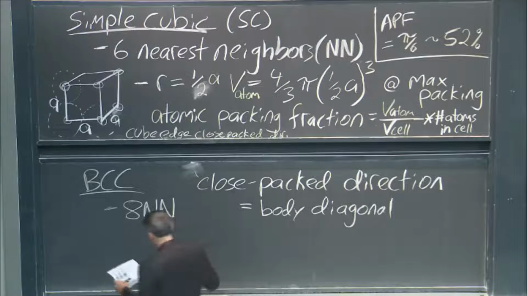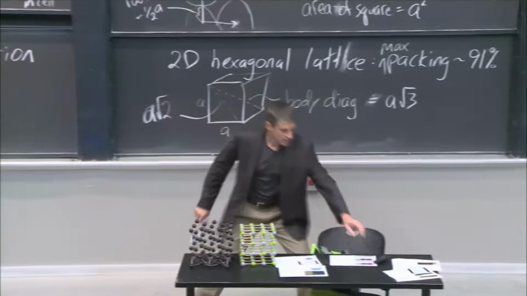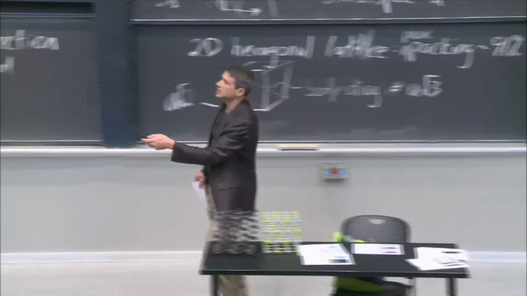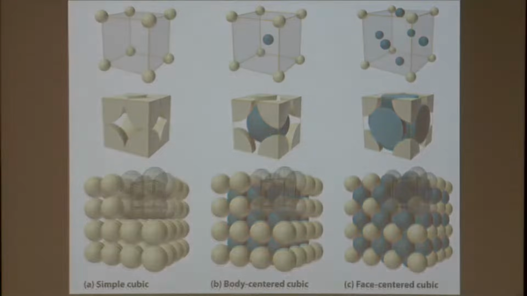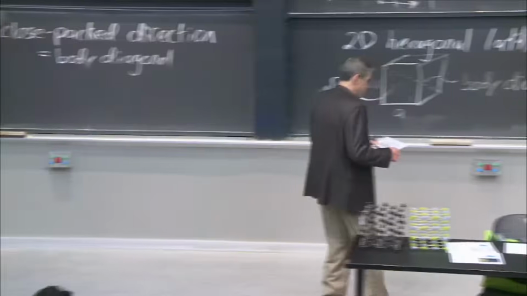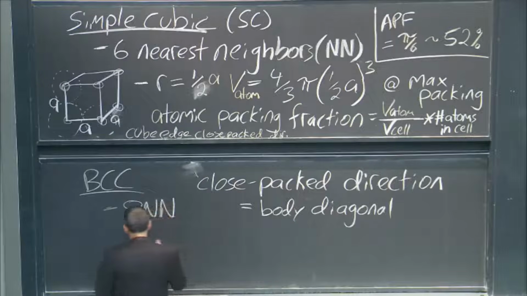Now what that means is that, and you can see it right here. If you go all the way back to this, there it is. Let's see, as I grow these, these are the same. They're colored blue just for clarity, just so you can see, but these are the same because it's a BCC lattice. And as I grow them, these all have the same radius. These are the ones that touch first along the diagonal, not those, right? Not those. And that feeds into what the radius is of the atom. I do the same trick, and the APF